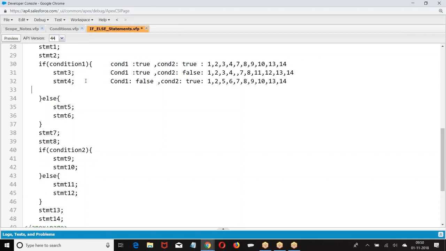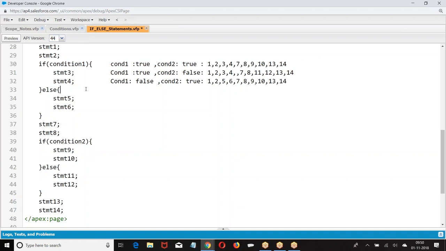Both of them are false. What is that? 1, 2, false. So 5, 6, 7, 8, false. 11, 12, 13, 14.